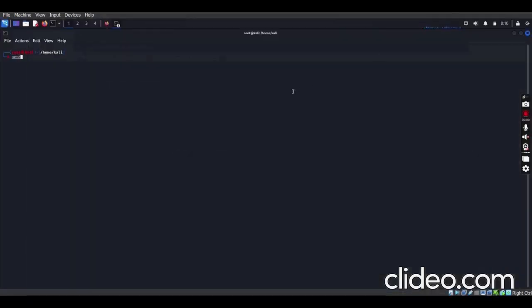To find that out, I'm going to run this command, netdiscover, to discover the network devices within my Wi-Fi. This flag -r tells us about the range. So what range am I looking at? Since I already know the pattern to be 10.0.2. dot, but I don't know the last digit.